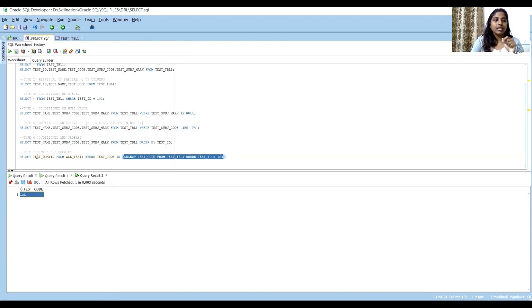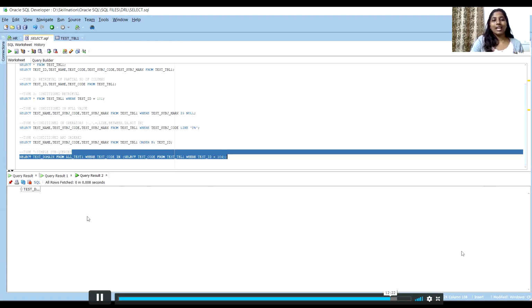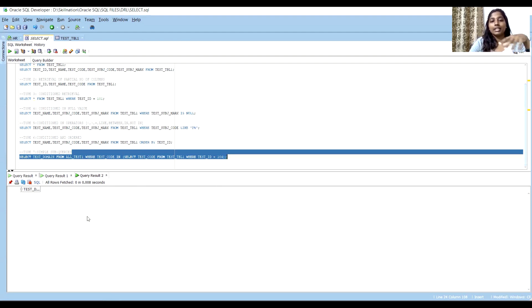Select test domain from this particular table where test code is CQL. That is what is going to be our result. Let's run this. See, there is no record. Why is there no record? Probably CQL reference data will not have any data inside the all test table. That's why we are not getting any result.